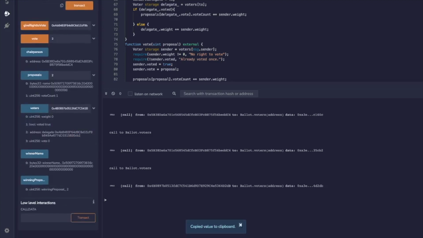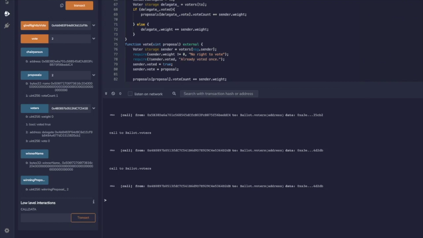And then if we put that address in the voters box and click on voters, we can clearly see that this voter's weight is 0, and it counts as though this person voted, and it counts as though this person voted for proposal A, and it shows the delegate